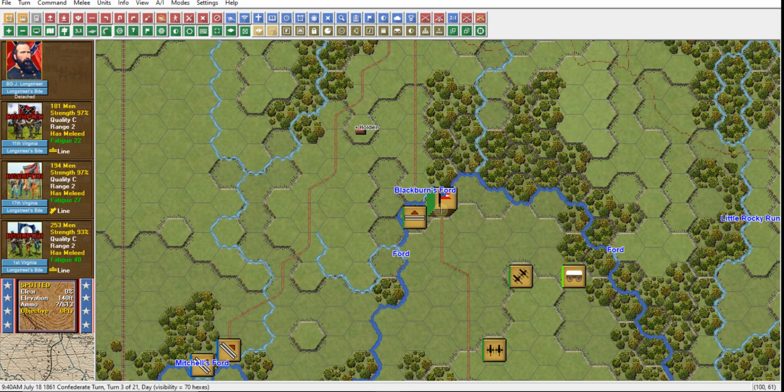Routed is when they rout, these unit counters go flying back here, and you may find the unit back here after the turn. So routing means they actually turn and run. Disrupted just means, hey, they're a little agitated, they're a little unsettled, we're going to cut down by half, generally, their effectiveness, but they're still okay. And when we talk about commanders, we'll talk about the effect commanders have on that disruption and on that routing. So anyway, back to the case at hand here,